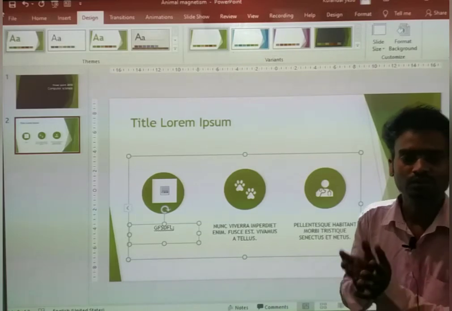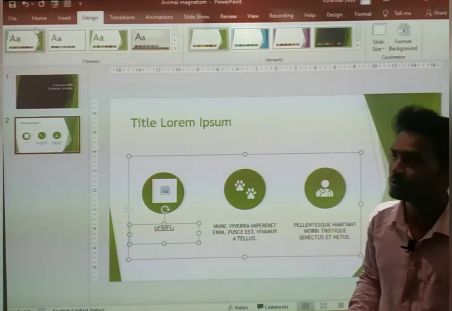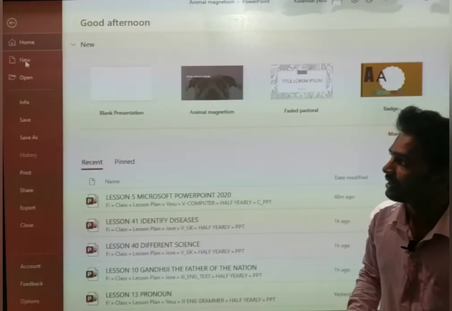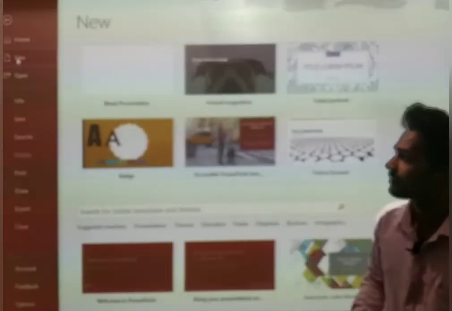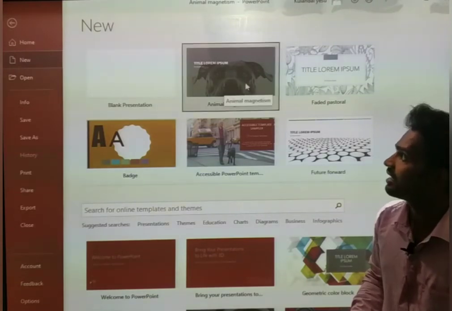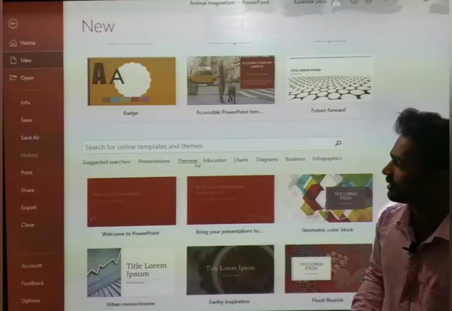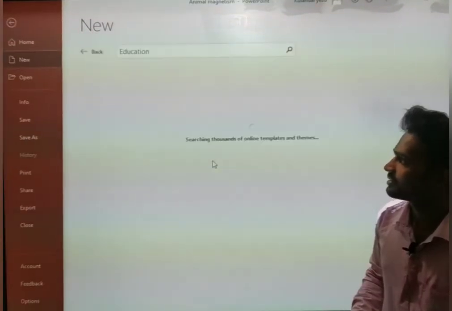How we have to insert a template. First we have to go to file and then click on new, and a blank presentation we have learned before, and it is here we have downloaded already. So I will just open another one, education here, education one.